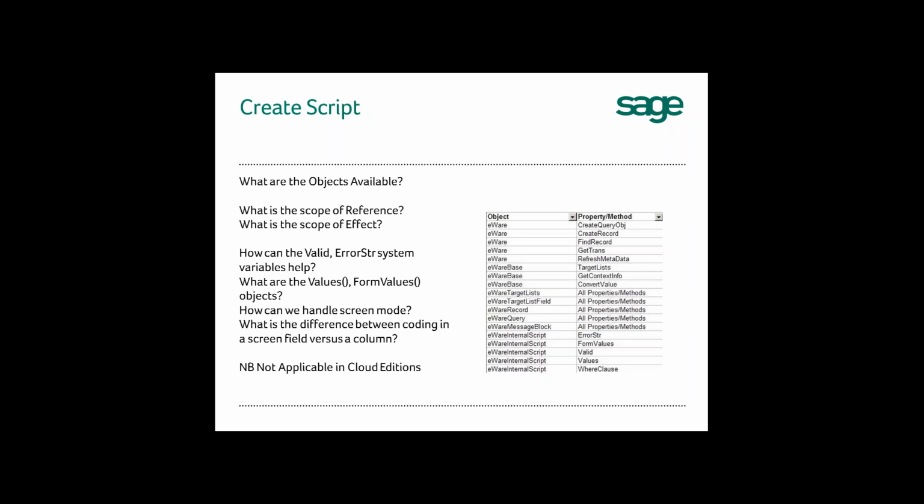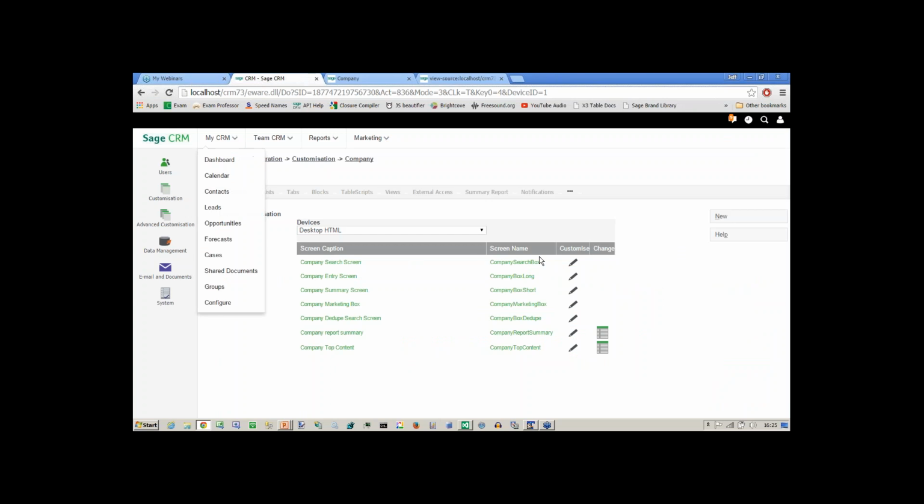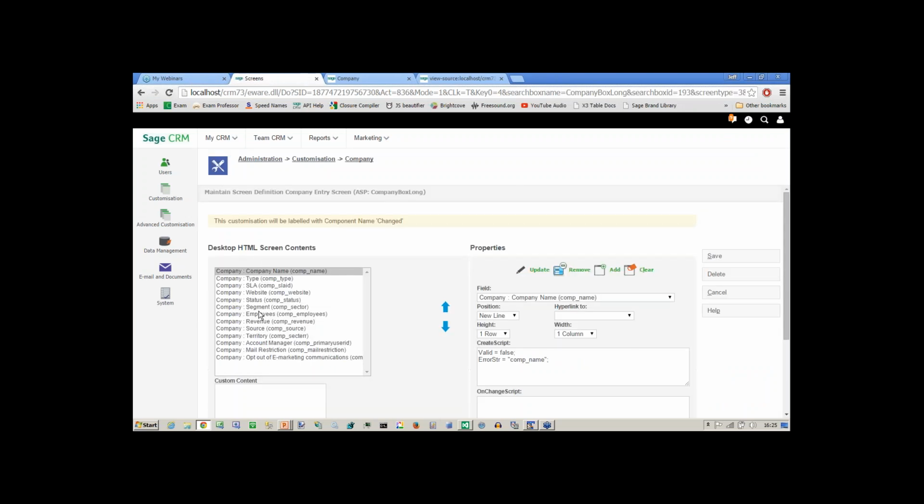And we see that it's fired in the order of 1, 2, 3, 4: company name, company type, company SLA, and company web service. So the order in which those fields were included within the screen is the order of firing. Now it doesn't matter